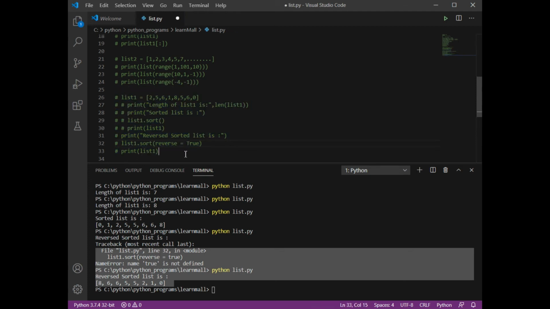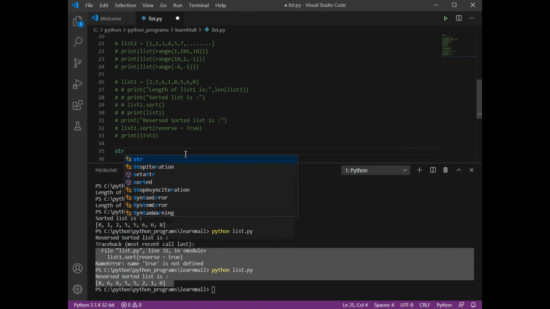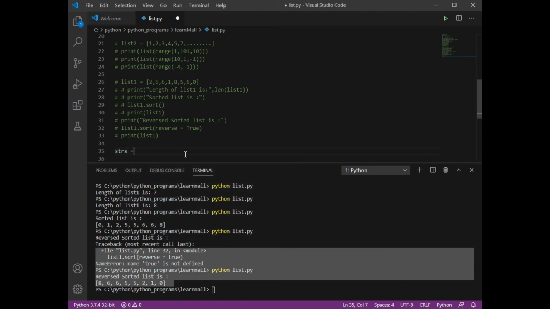Suppose I'm going to take strings. I'm going to take strs equals, and I'm going to have the values, let's say flat. Then I can have a value that is ground. Then a value, let's say Amit. Then a value, let's say Bob. Then a value, let's say Arjun.